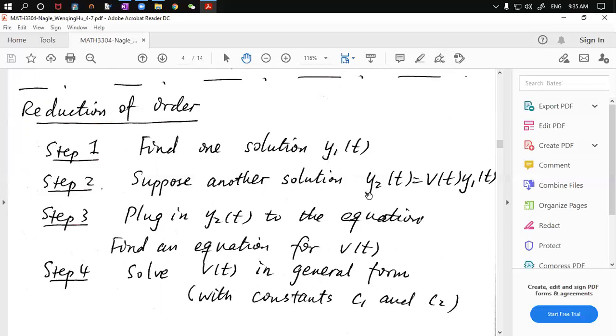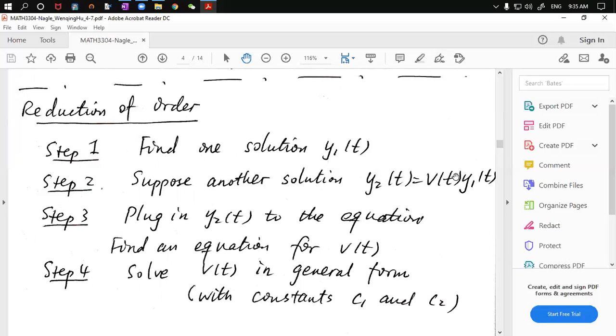Now you suppose the other solution differs from the first solution by a function multiple v of t. Now instead of looking for y2 of t, you're only looking for v of t. You plug y2 into the equation, and you get an equation for v of t. Usually, the equation for v of t is much simpler than the equation for y2. That's why we call it reduction of order, because you reduce the complicated equation for y2 to a much simpler